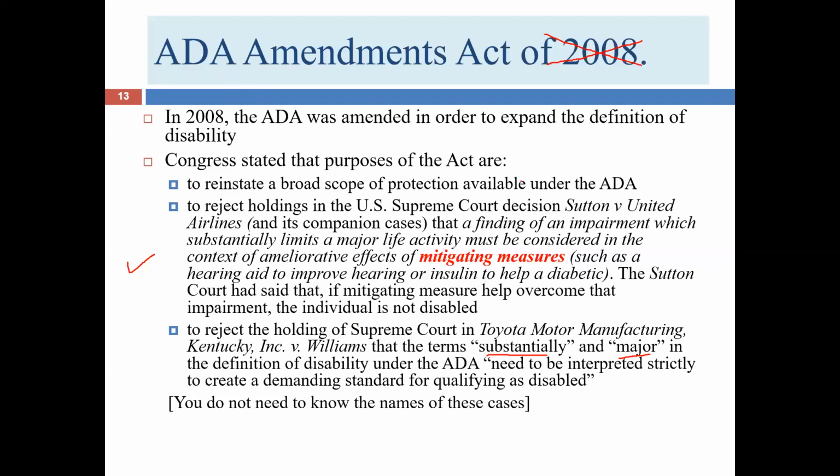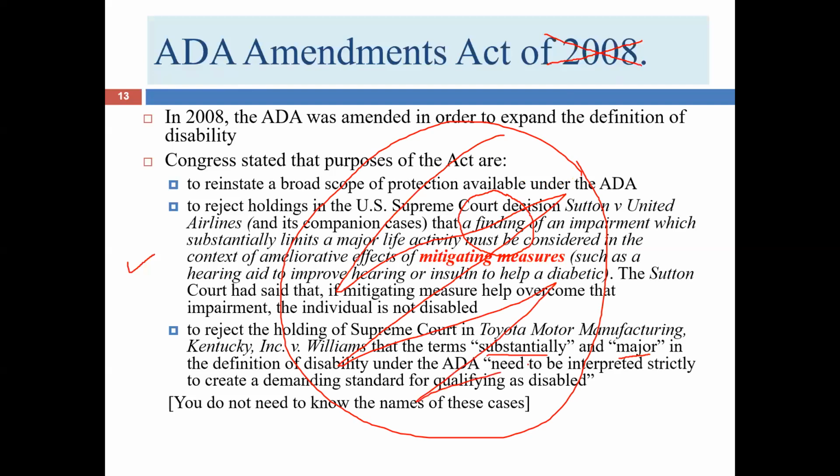So you might think of it like this. The U.S. Supreme Court considered this many people to be covered by the Americans with Disabilities Act. Congress wanted it to be this many people. And so by redefining the terms in 2008, the definition expanded to all of these people, not just the people that the U.S. Supreme Court had decided in Sutton and Toyota Motor Manufacturing were covered.